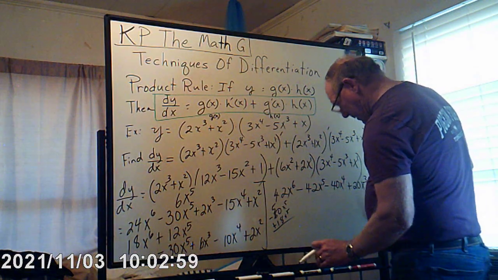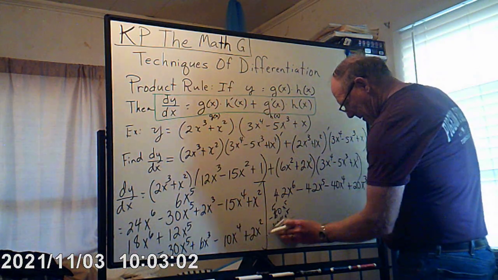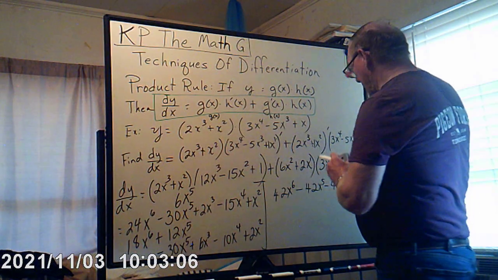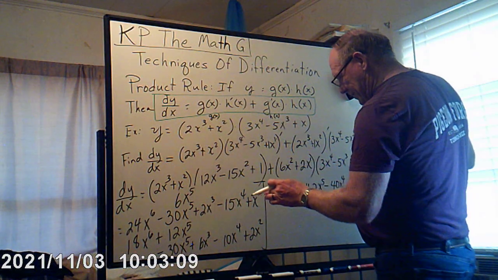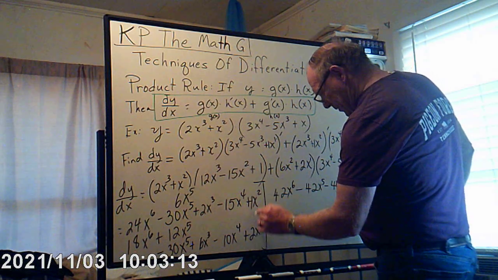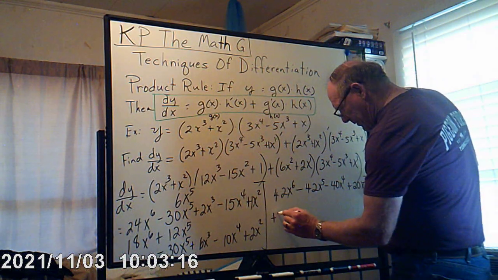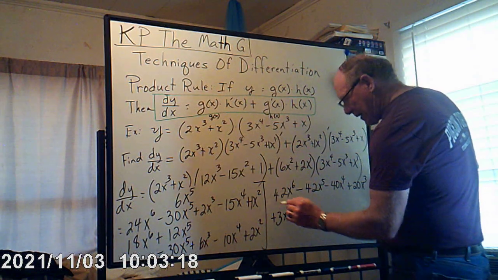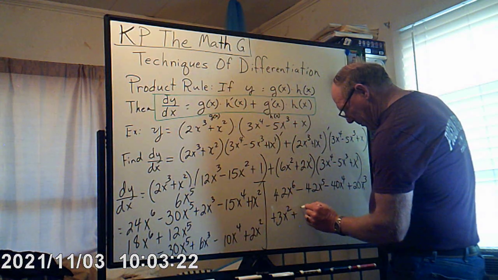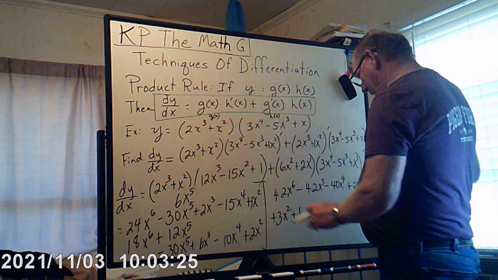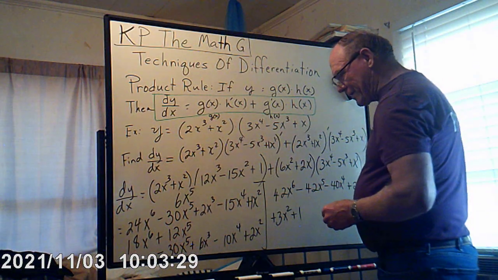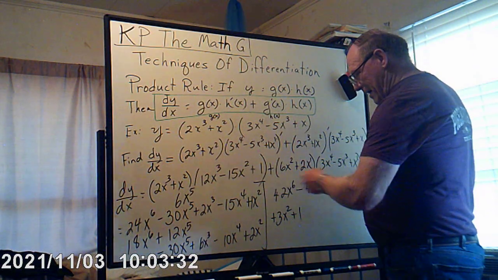Okay, and then let me erase this. Don't need this anymore. I do a lot of things by hand, so sometimes I get in trouble for it. So 1 plus 2 is 3, so plus 3x squared. And by the way, we do have a plus 1, don't we? So plus 1. And if you were looking for a multiple choice answer, this could be it here, or